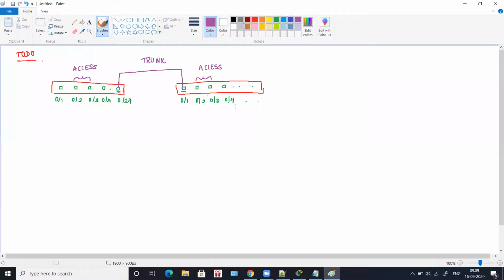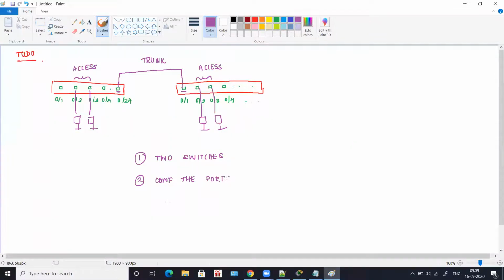So the first step is to connect computers. Each of these will have one computer. So your assignment is going to look something like this. First, you will take two switches and configure the ports.